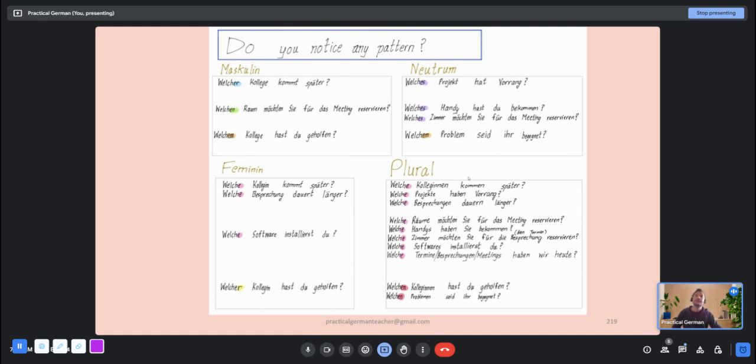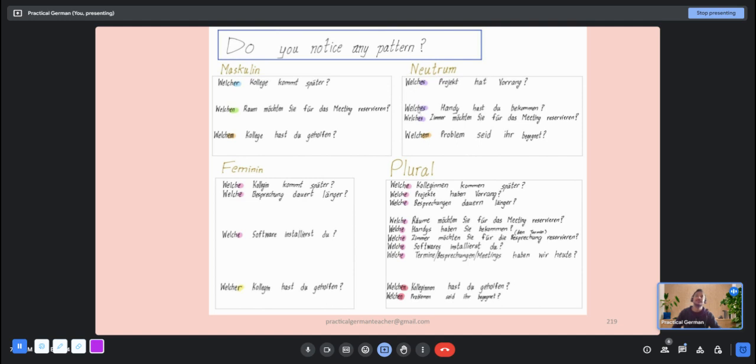It is very difficult to explain, but if you understand accusative, what I'm saying is that in this sentence, "Welches Projekt hat Vorrang," this Welches project is the subject of the sentence. Why do I mean that? When you say something has Vorrang, it means what has priority, or which project has priority. So the subject of the sentence is "which project." For example, my project has priority, project A has priority. So you are asking a question about that project A, and that project A is the subject of the sentence.